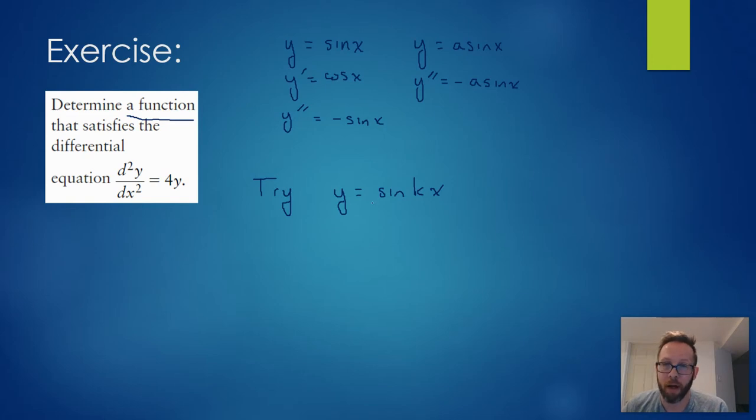So if y equals sine of k times x, and maybe I'll add brackets there, it doesn't matter if the brackets are there or not, just maybe to make some of you more comfortable. The first derivative here would be the cosine of k times x, but here we're using the chain rule. The derivative of the inside of this function is k. And then the second derivative would be